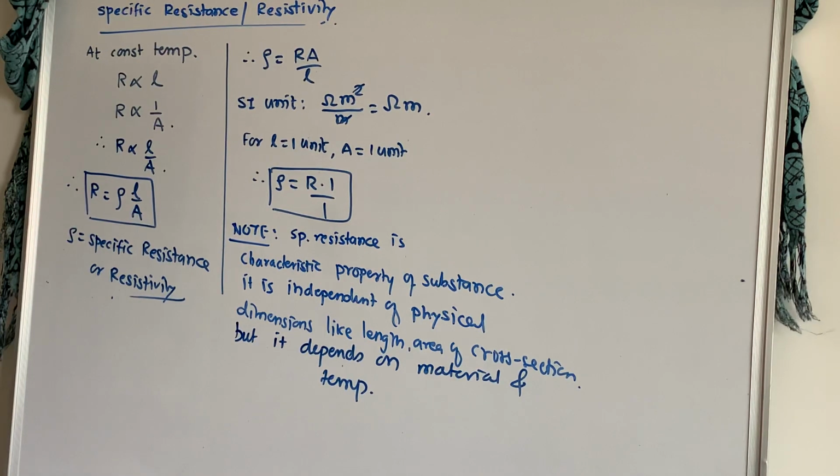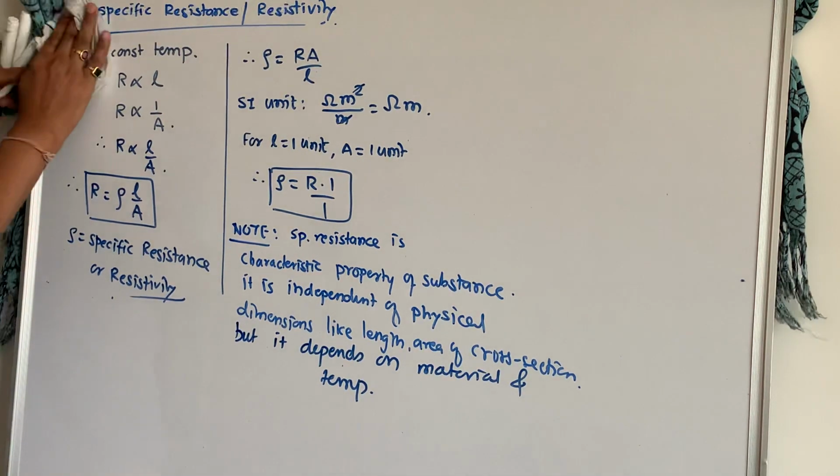So if I say copper, whatever the length, you have two different wires of different length and area of cross section, but the material is the same. So the specific resistance value remains the same. It will not change. Right? That is important, and this is the third point. The material is about this. Now we'll go with the next part of this chapter.